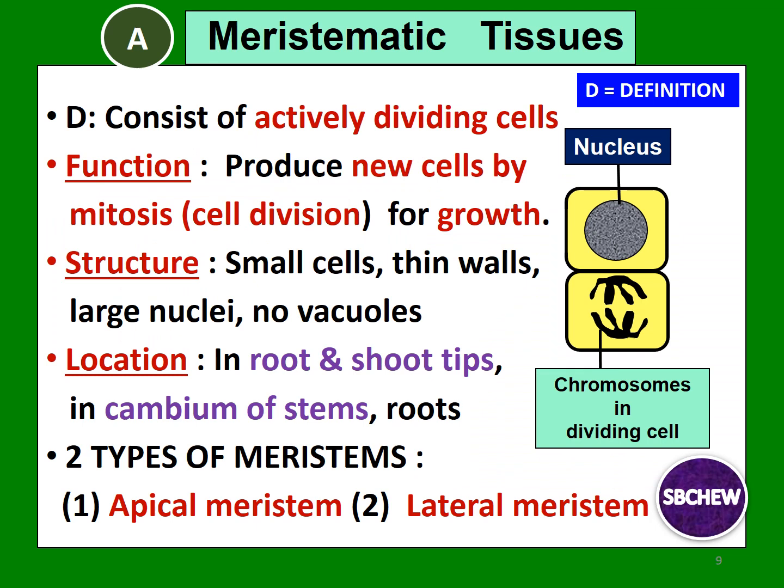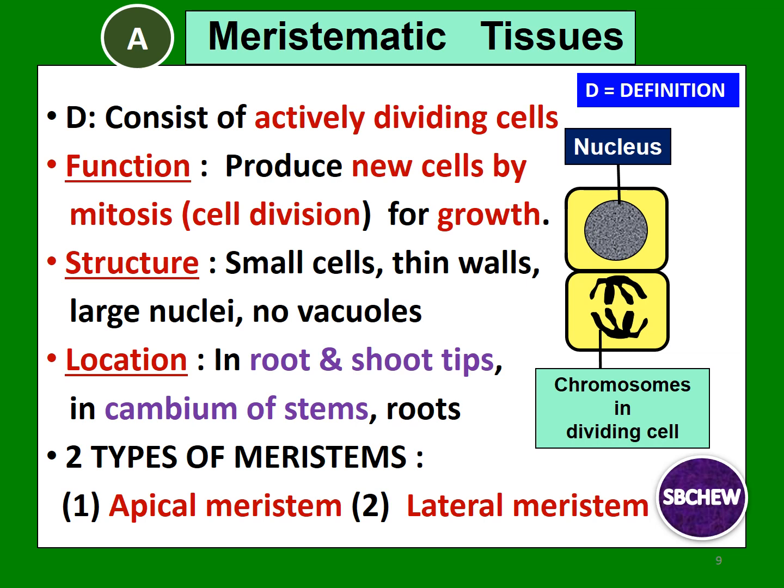Meristematic tissues are defined as tissues that consist of actively dividing cells which function to produce new cells by mitosis, a type of cell division, for growth. So these cells are responsible for producing new cells for the growth of the plant. For example, the shoot will grow higher and higher, and the roots will grow longer and longer and further down into the soil. And the stem may grow bigger and bigger as a result of the activity of the meristematic